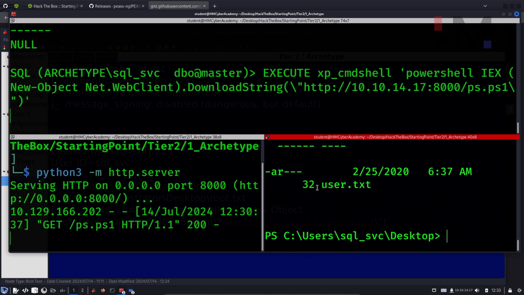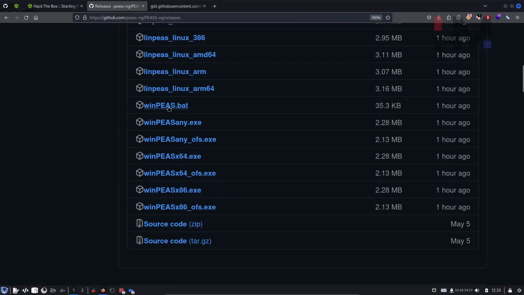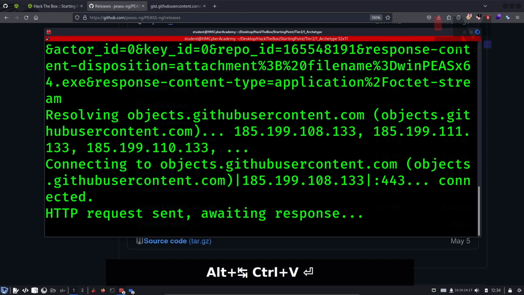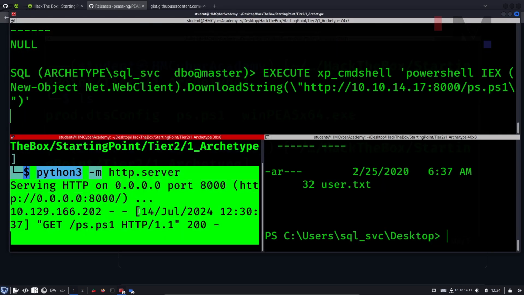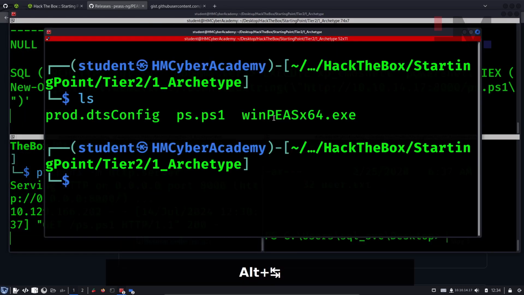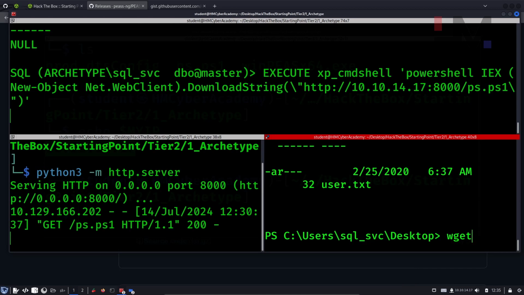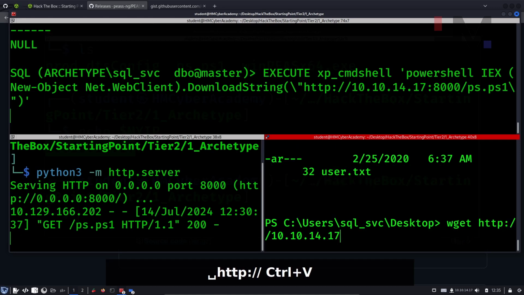I have basic privileges, so let me get some more privileges using WinPEAS that we have discussed over here. Copy link and paste it over here, and now I'm downloading it. I'm already running a Python server here, right? I can still use this Python server and get this Windows privilege escalation file. Go here and say wget, because wget will be installed by default in Windows as well, and say http://IP address and port